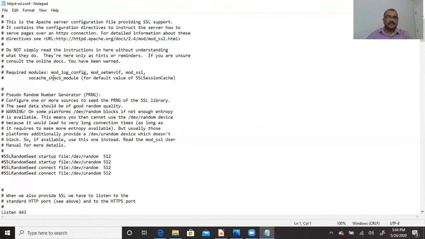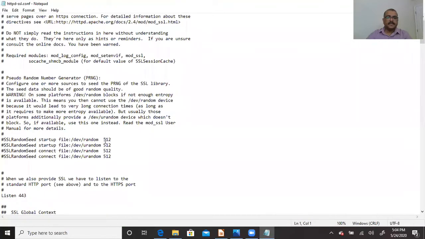Once you open this file, you can see we have to configure the port for this Apache server. Currently it says 443. You can configure it to your own port, because currently you are not aware what the port is. Therefore, first you need to change it to some port you can use to execute your PHP code. Therefore, I'm going to change it to 8080.